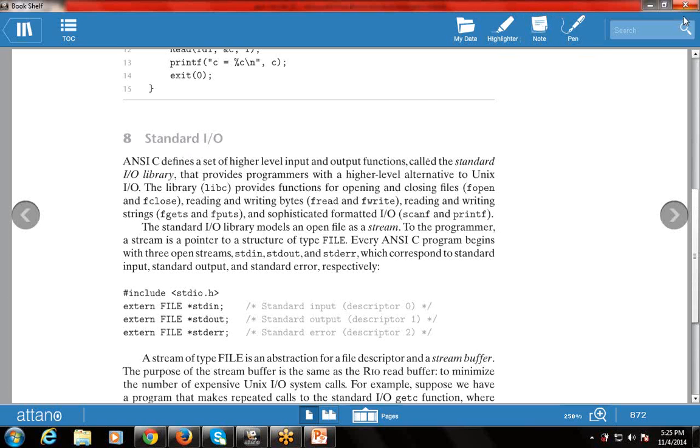Now, what is standard input output? As the name suggests, standard input output means what standard inputs are available and what standard outputs are available. In C language there are different standard inputs and outputs. Standard means that it is common to everyone. In the same way, in C++ there are different standard inputs and standard outputs. This says ANSI C, that is American National Standards Institute, that is the C language,